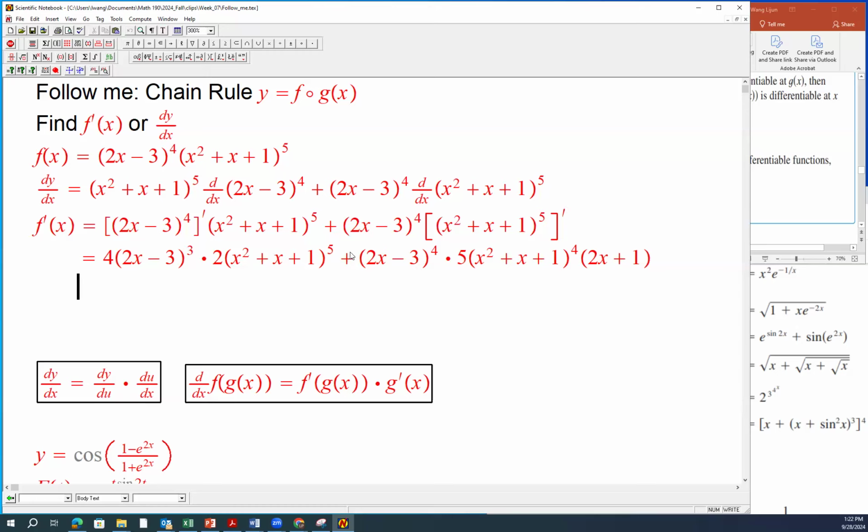And next, we're going to simplify. This simplification part sometimes is helpful for us to organize, okay? See, we have a number, right? We have 2 times 4, that's 8. We also have (2x minus 3) to the power 3. On the other term, we have (2x minus 3) to the power 4. And so we're going to factor out this lower factor. So this part is factored out. And (x squared plus x plus 1) to the power 5, and this to the power 4. We're going to factor out the lower power,